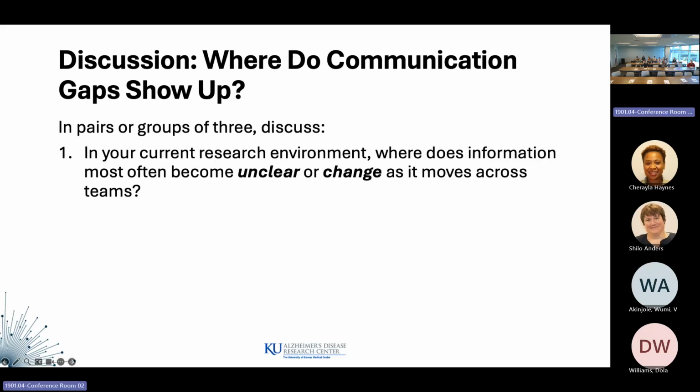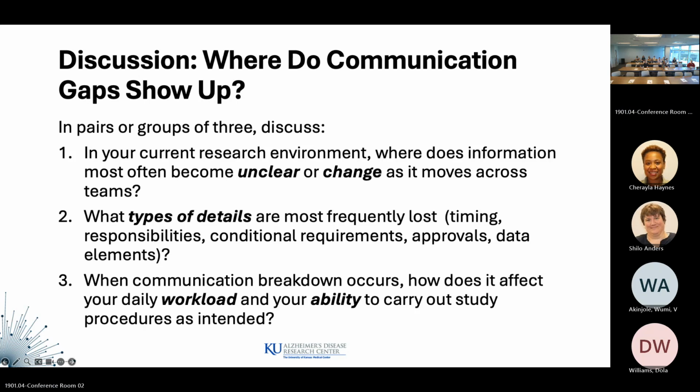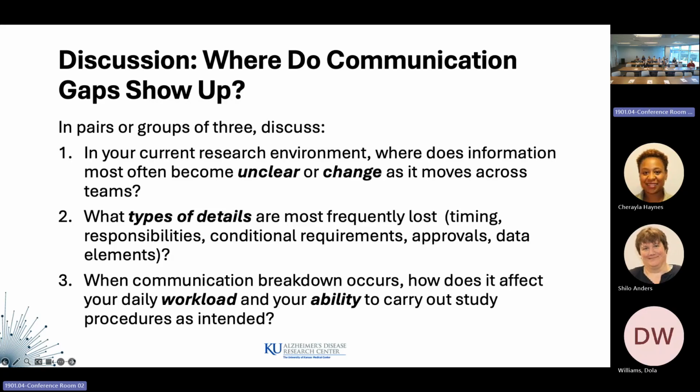So I just want you to talk among yourselves. This is especially important. I don't know anyone's background in this room, what job title they have, or even your institution. I hope at this point, with what I've demonstrated, if you could take a minute and reflect in your environment, in your workflow, regardless of what you do: Where does information become unclear for you?